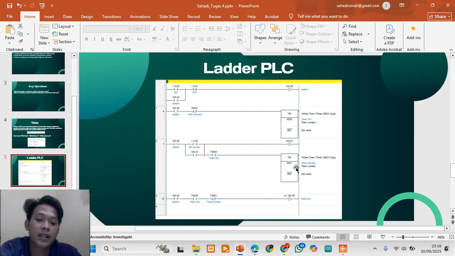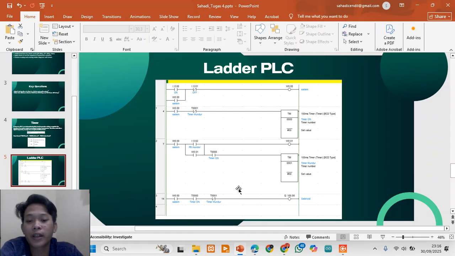The reverse timer logic is in rank 3. The reverse sequence uses timer T001 for the address.